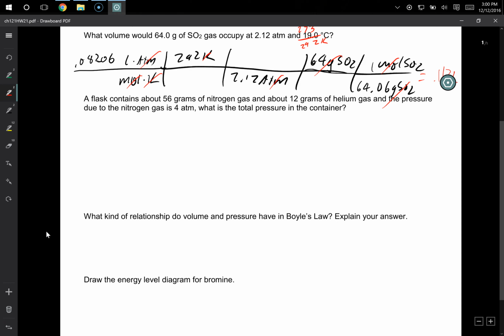What provides pressure inside of a container? Particles. Impacts, right? So if I've got 2 different gases in there, how could one gas be providing more pressure than the other gas? There's more of them, that's it. So what I need to know is how many particles I've got. If I know how many particles I've got, then I know the fraction of the pressure that that thing is providing. So I've got 56